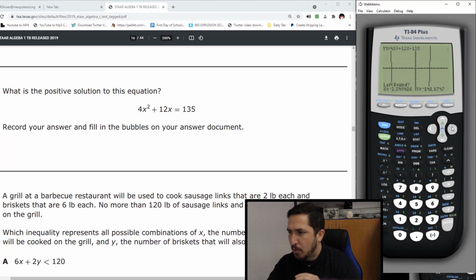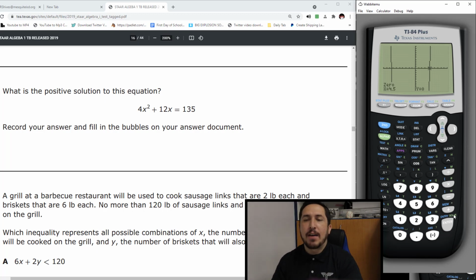So I'm watching that number. It's at 0. Now it's at 1, 2, 3. All right, getting close. Let me slow down. Getting close. There he is. Left bound. All right, I'm on the left-hand side of the 0. Good. Right bound. Now I'm on the right-hand side of the 0. No, I don't want the guess. I want the answer. Boom, it's 4.5 and you're done.